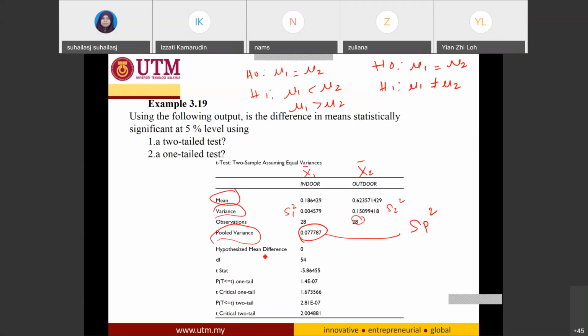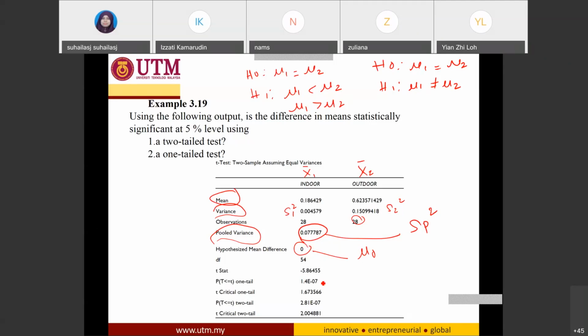Okay, hypothesized mean difference, that means this is your value for mu naught. Mu naught in this case is equal to 0. So say they give you this output and ask you to write your null and your alternative. This is the best way to write it: mu1 equals mu2, alternative mu1 unequals mu2 for a two-sided test. Okay, so this test statistic is given as minus